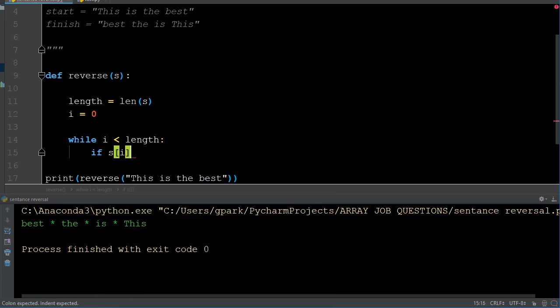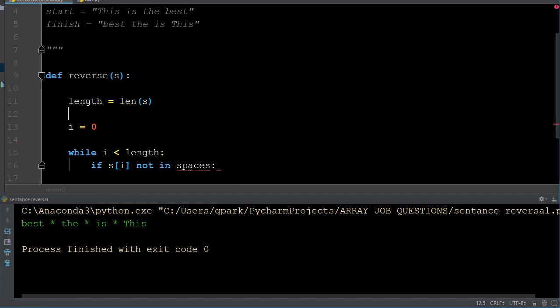And all I'm doing here is I'm saying if string at that position. So right now I'm at 0 position, right? Because I is equal to 0. So I'm saying in the index of 0 of my string, which is going to be here, the T in this case, if the index position of string is not in spaces, meaning we don't have any spaces in place, right? Now, right now, Python is going to be saying to me, what does spaces mean? And that's where we're going to come up top here, and we're going to tell Python what we want to call spaces. And spaces is simply going to be